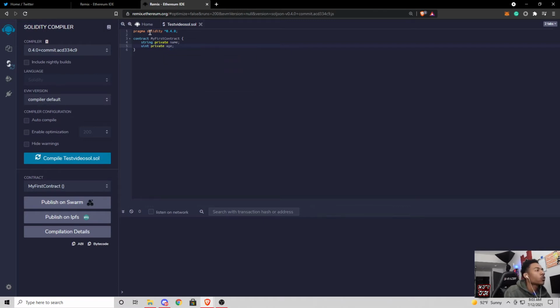If you guys aren't super familiar with strings, the similarity between JavaScript and Solidity is the implementation of functions and get calls of arrays. Usually when you implement data, as we have here, contract MyFirstContract, and we put string private name, that string is just identifying that we have a string of information that can be pulled from a private domain. One of the really cool things is that Solidity can't